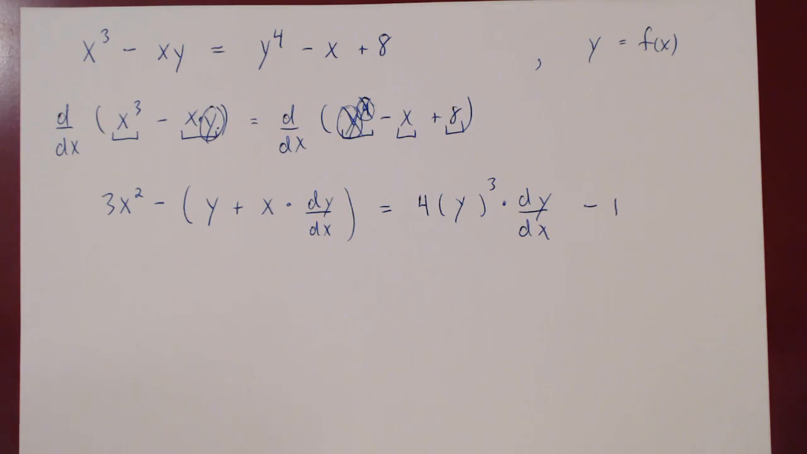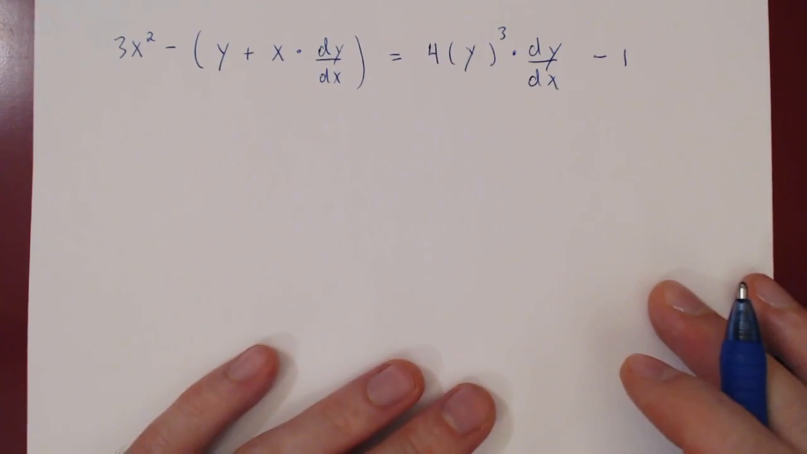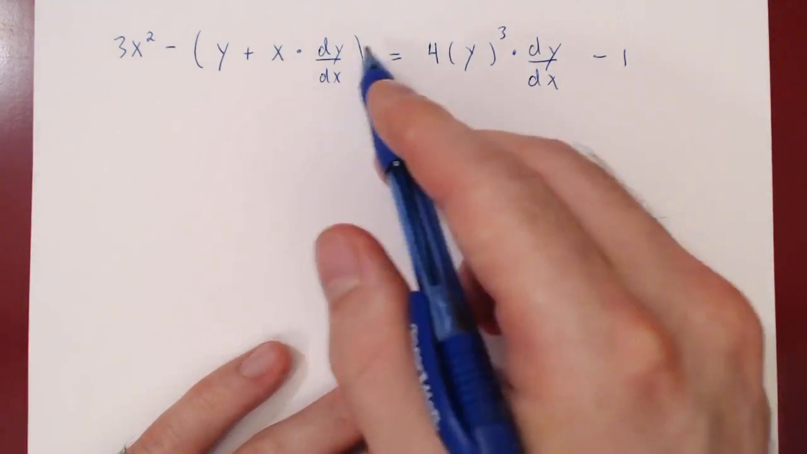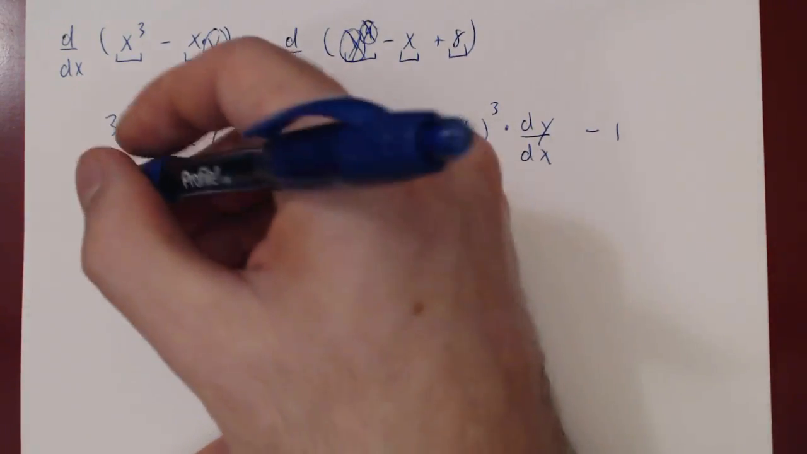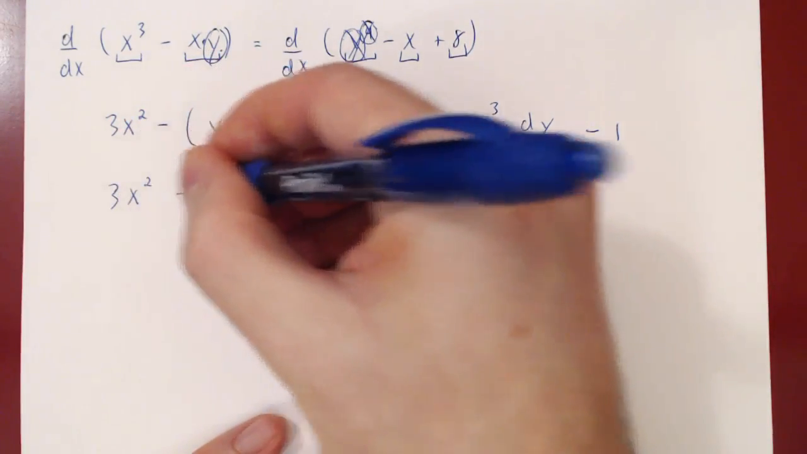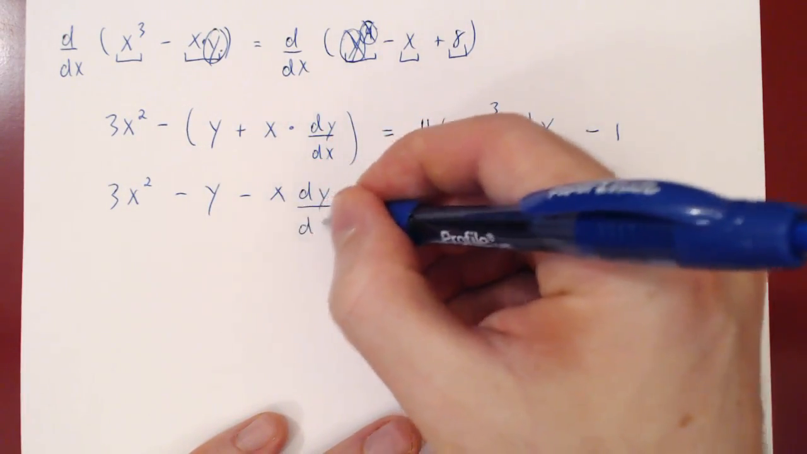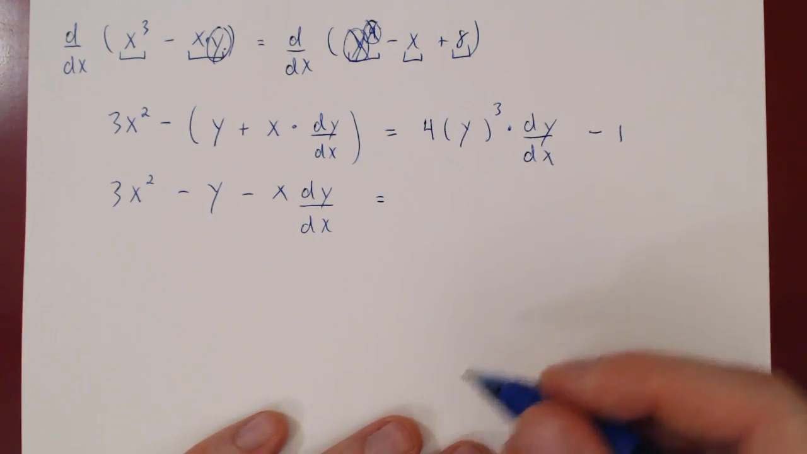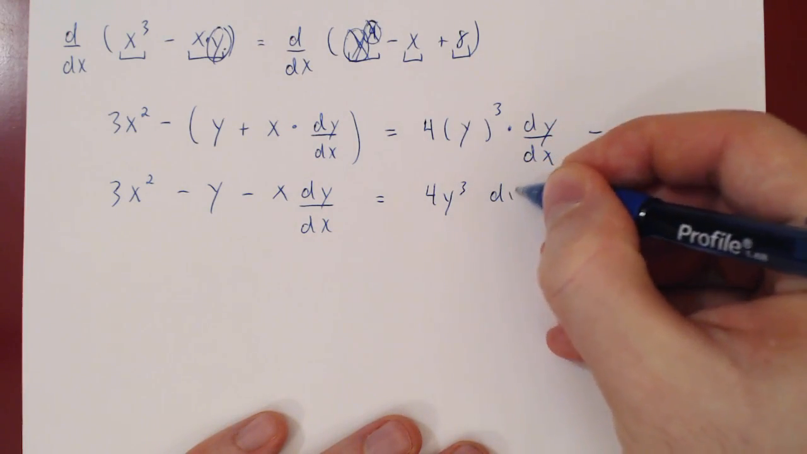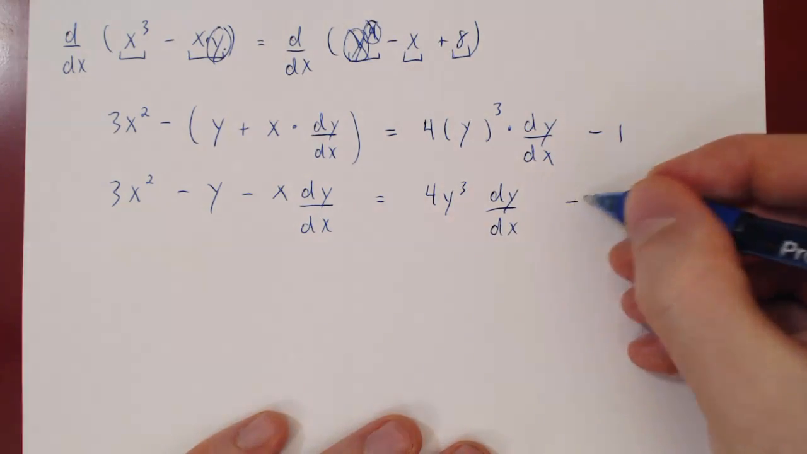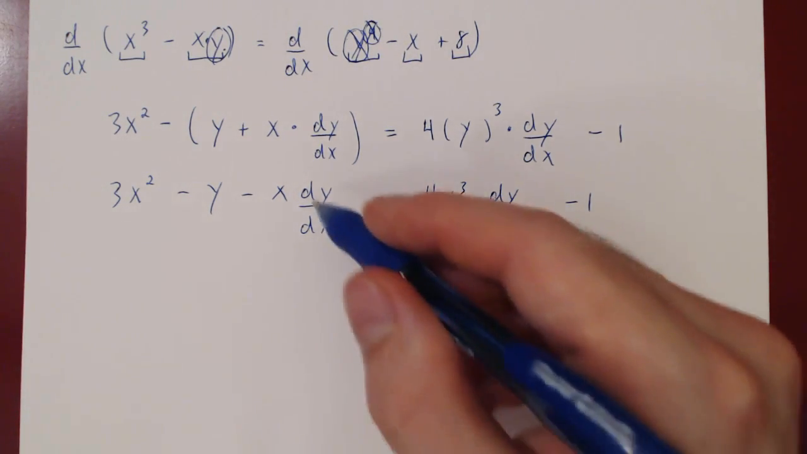The rest will be algebraically solving for the derivative, dy over dx. Well, let's distribute here our negative sign. So we'll have 3x squared minus y minus x dy over dx. And this will equal 4y cubed dy over dx minus 1. Now, if you're hoping to solve for dy over dx, since it shows up on the left and